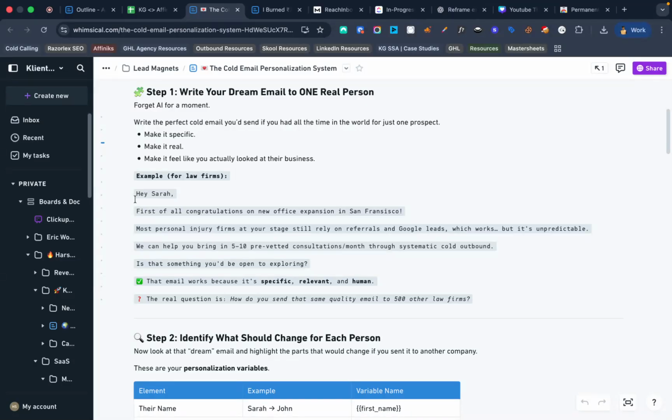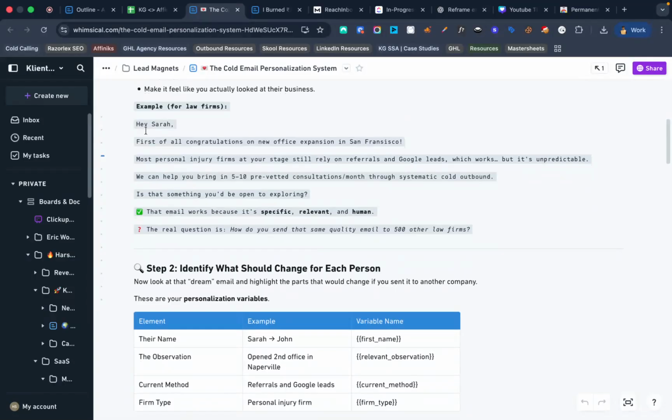Right, so again, that is why this is going to work really, really well, and that's how you should write your dream email manually without any help from AI. Now, once you're done writing with that, you can take this as a template. Right, so now the real question is, how do you send that same quality email to 500